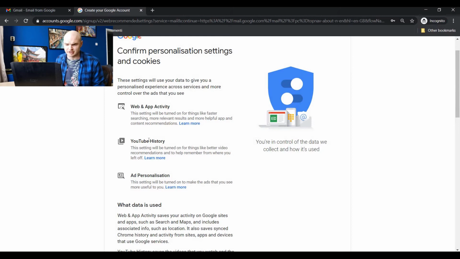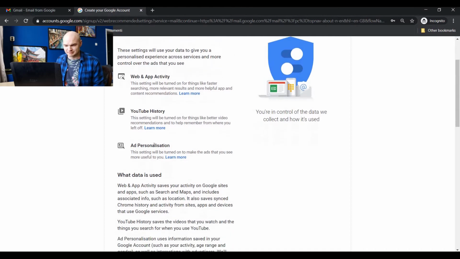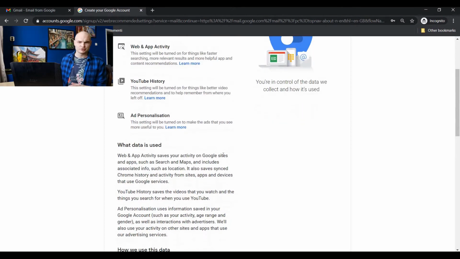And of course you have YouTube history preference settings, which are really cool because if you watch some videos, it gets personalized. My personal favorites are history channels and other stuff, and if I watch something on history, it's gonna always automatically recommend me stuff about history, politics, or some other cool stuff. And the same goes with ad personalization,